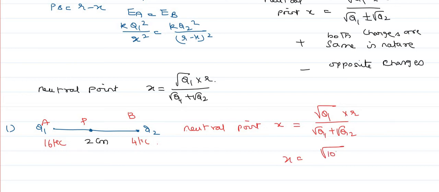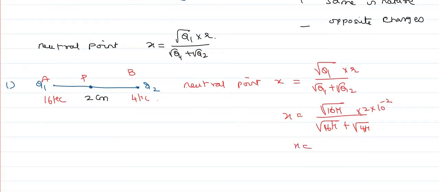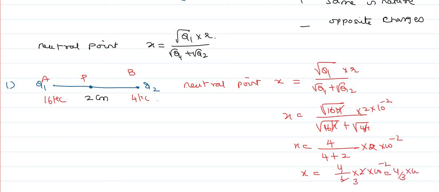So this is nothing but 16 microcoulomb divided by 16 micro plus 4 micro into 2 centimeter. So how much will it be? It will be very easy. All the micros will cancel out each other. Then what is remaining? 16 by 4 plus 2, into 2 into 10 to the power minus 2. That is nothing but 4 by 6 into 2 into 10 to the power minus 2. That is 4 by 3 into 10 to the power minus 2 meter, or x is nothing but 1.33 centimeter